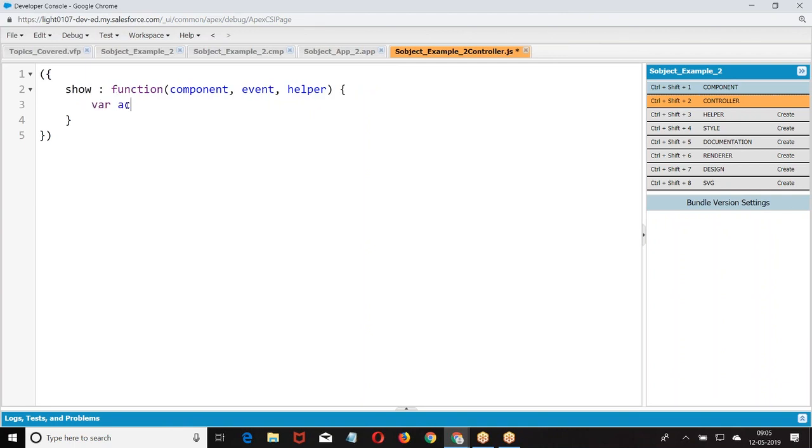What I'm doing, where acc equals component.get. The purpose of creating this SObject is, when I'm calling an Apex class, if I want to pass an SObject as a parameter, there is a reason we have just seen this one. Now I'm going to create an Apex class from the component. There I need to pass some primitive values, I need to pass some SObject values, or they may be passing some list of account records. Then how will you display them?